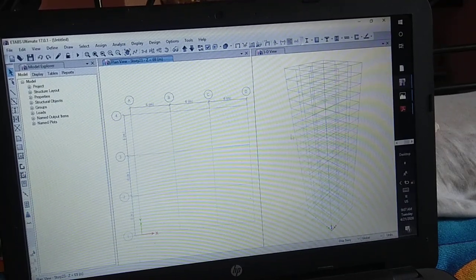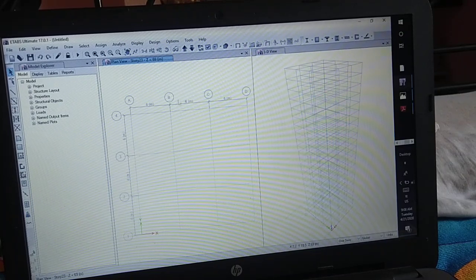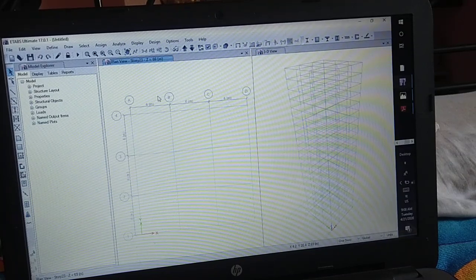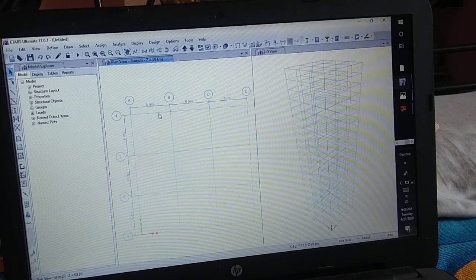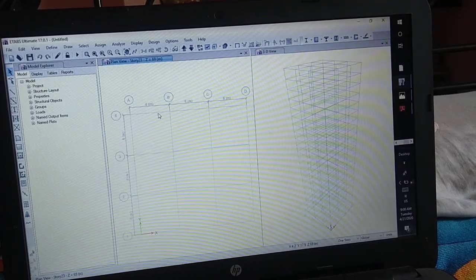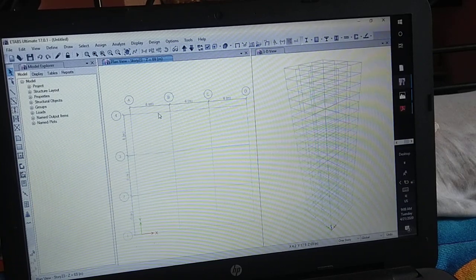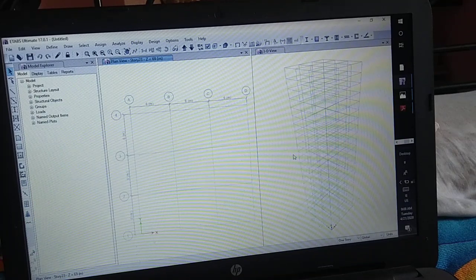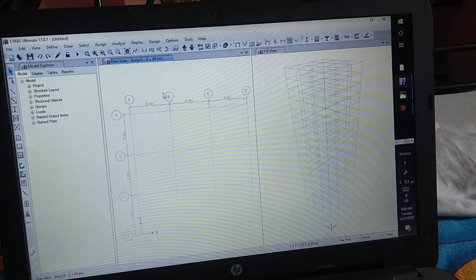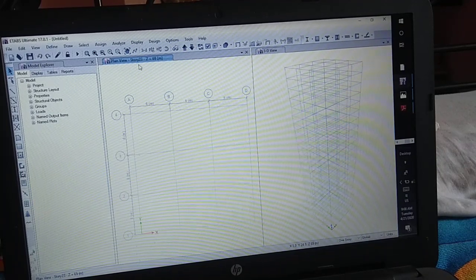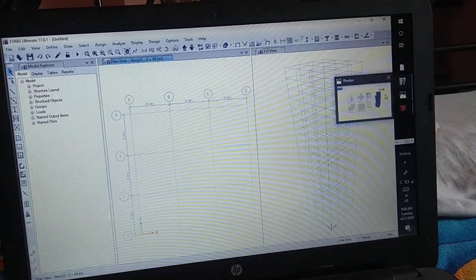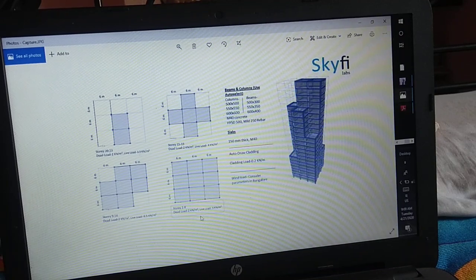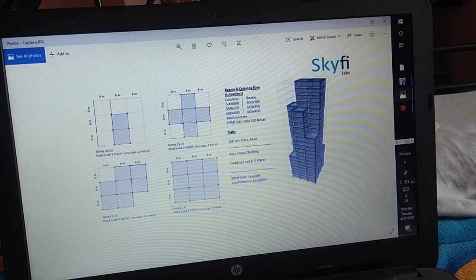So first of all, we have to make the similar stories. So stories 1 to 8 similar, stories 9 to 15 similar, as per given in the problem statement.